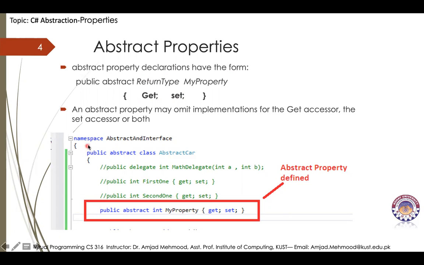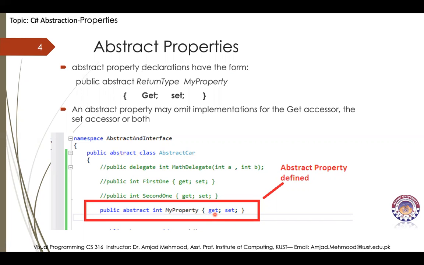For example, public abstract class, and this is abstract car. This property is abstract here, which means that the derived class of this abstract class will provide the definition